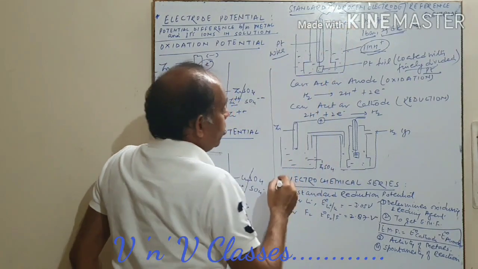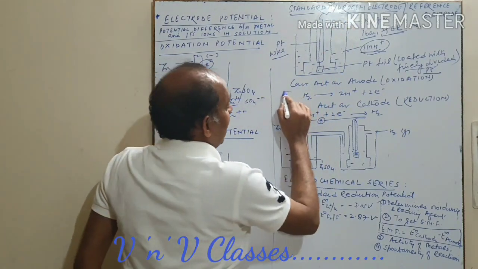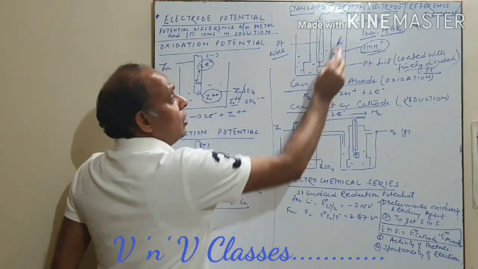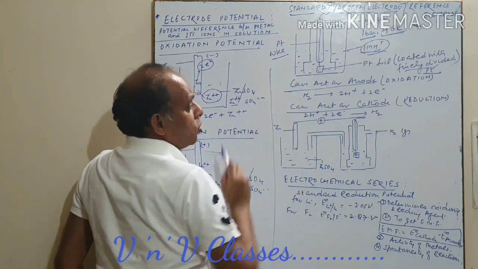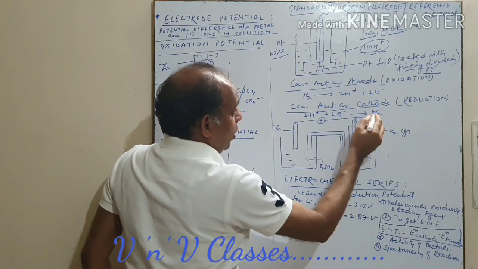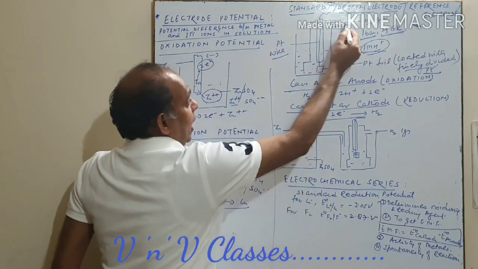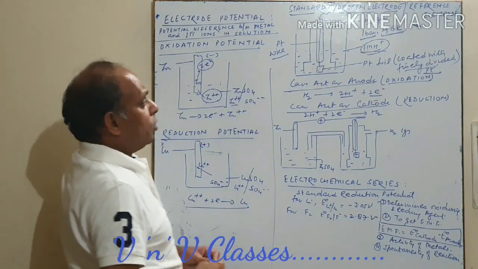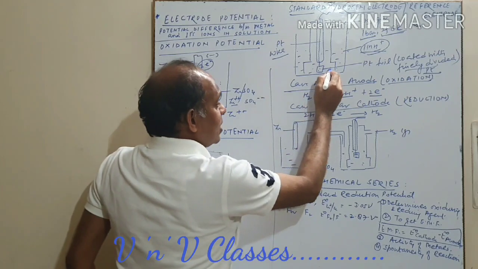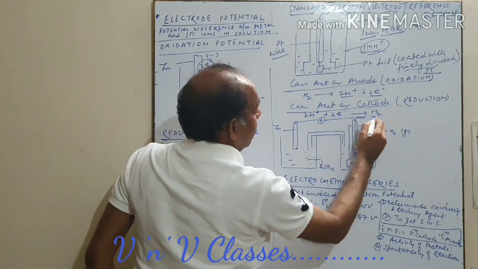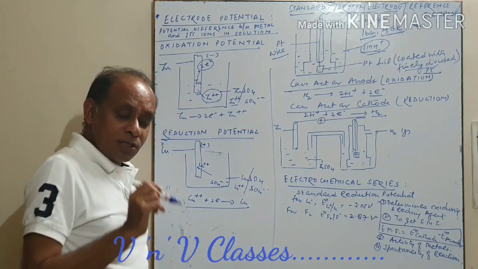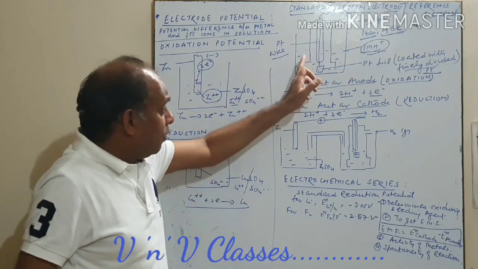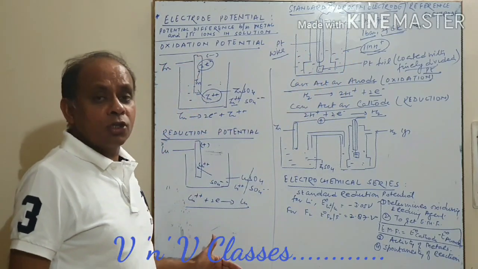And this standard hydrogen electrode has a special feature. It can act as an anode, and it can act as a cathode as well. In short, chemically, we are passing hydrogen in a solution of H ion. So if it acts as an anode, oxidation takes place: hydrogen is passed here, it releases electrons and forms H positive ion. And when it acts as a cathode, H ions are already there, they accept electrons and release hydrogen gas. So this is the standard hydrogen electrode. I think it is clear why it is called a reference electrode, because with the help of this only we will get the electrode potentials of other metals.